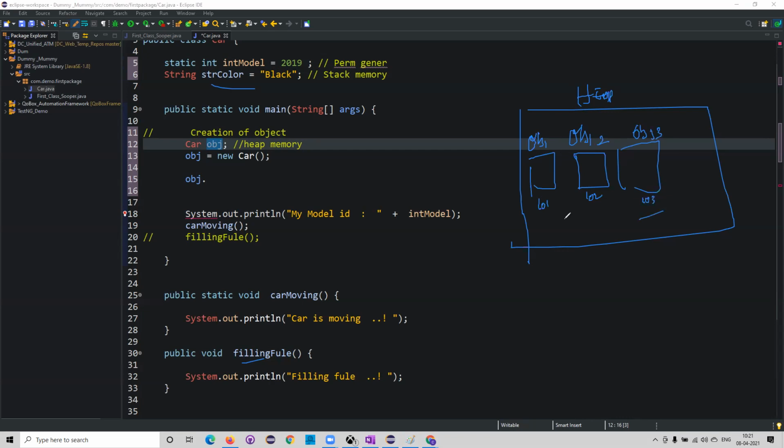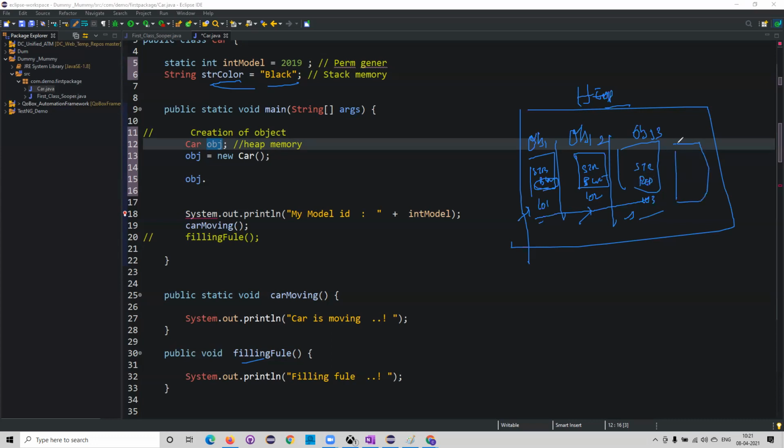So every object will be allocated in the heap memory with its respective address, and the respective values will be stored. For example, here the string color equals black. Here I can change the string color from black to blue, and here I can change it to red.